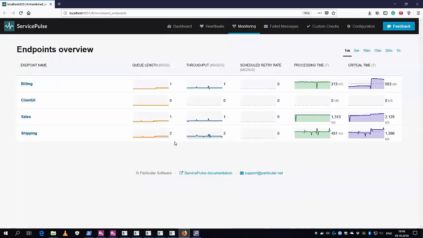Let me show you what an insight might look like. So for example, I have here a distributed system that contains multiple endpoints. We have a billing endpoint, a client UI, a sales endpoint, a shipping endpoint, and we currently see the critical time is in good shape. So if we increase the traffic on our system and also increase the time it takes to process a single message on our sales endpoint, what we can see then is suddenly